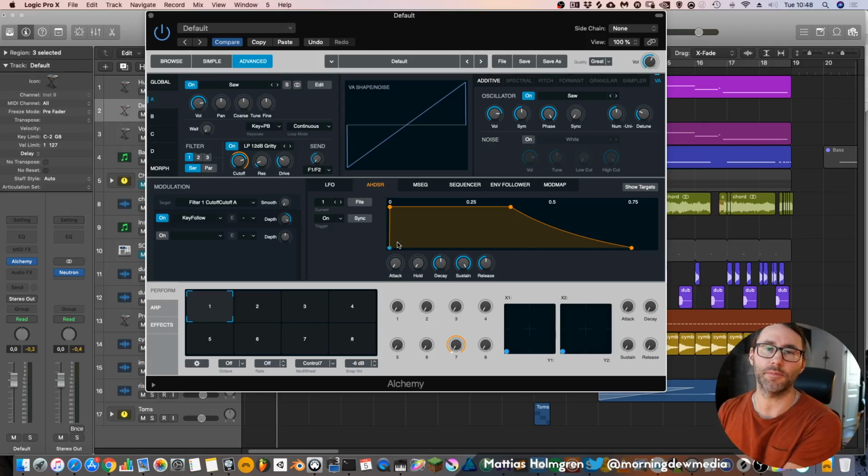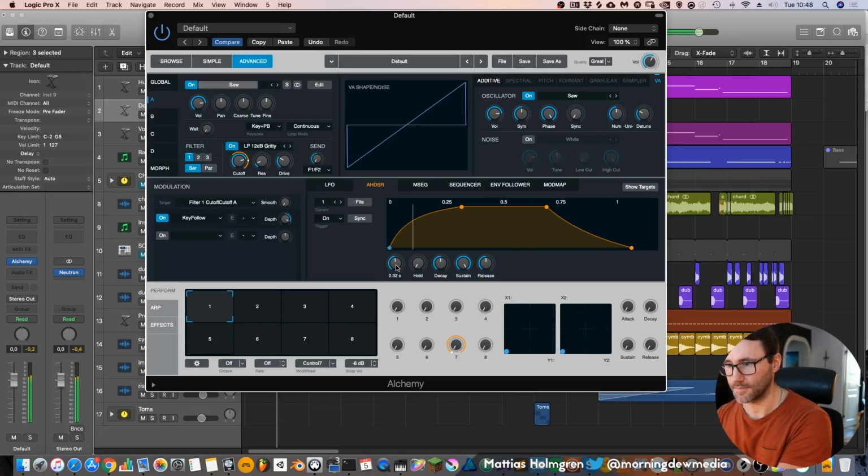To make huge sounds, you also need to think about the attack and the release of your sound, because a huge sound doesn't have this sharp transient. That's more for pluck sounds. So let's change the AHDSR slightly here.